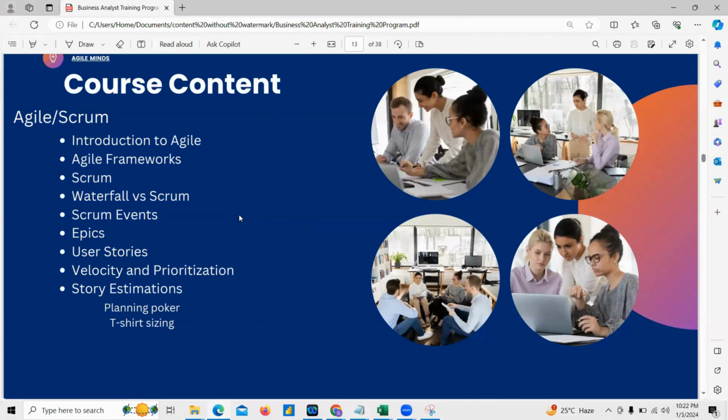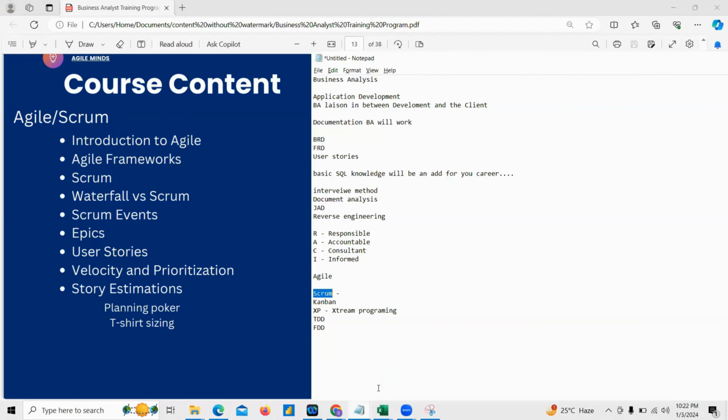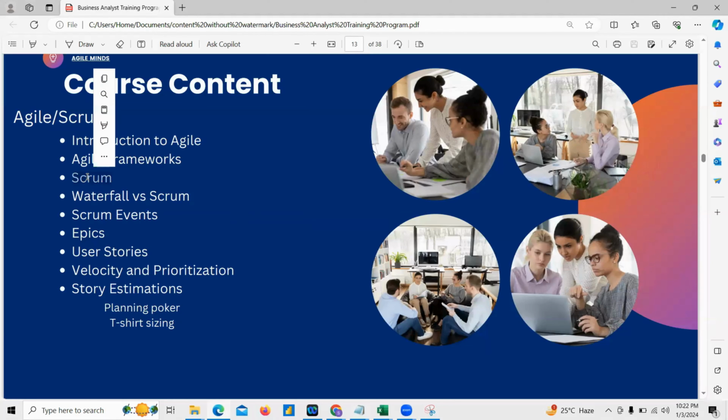We'll see the introduction to agile. We'll also see what the agile frameworks are. As I mentioned, these are the agile frameworks, and in depth we'll look into that when we get into the training activities. We'll see scrum values and scrum principles. Everything a business analyst requires in the scrum methodology, I'll teach you. So how to conduct scrum events? Conducting scrum events is basically a scrum master's responsibility, but as a business analyst we should also know how to conduct these scrum events, and what the role of a business analyst is in them.